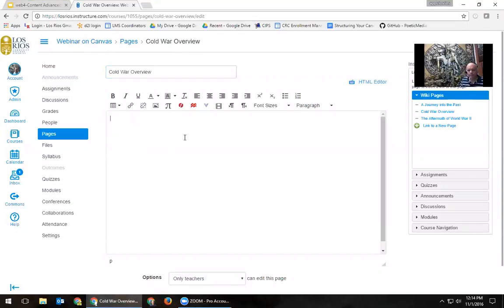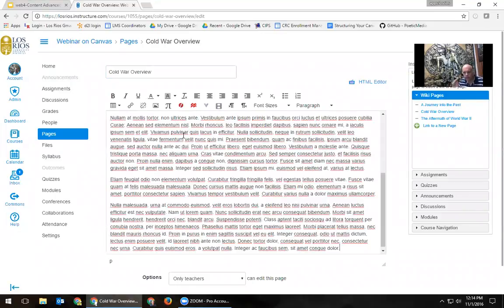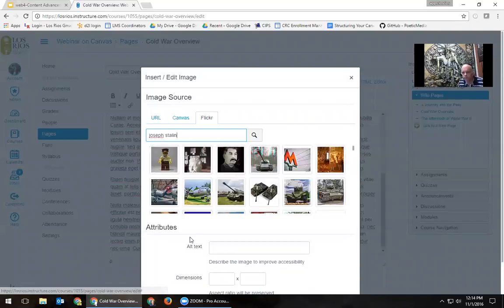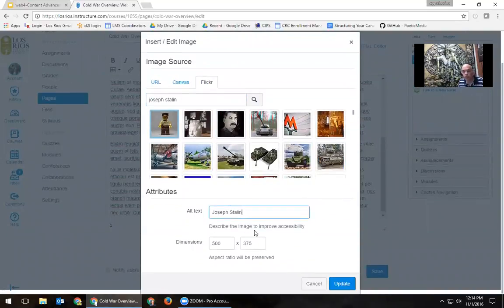I'm going to paste some text that I found. And also, I'm going to insert a picture here in this first paragraph. I'll go ahead and just use the Canvas Flickr search here, and I'll look for a picture of... Okay, again, while I'm focused on this, I'm noticing that for the Flickr search, what's nice about it is the